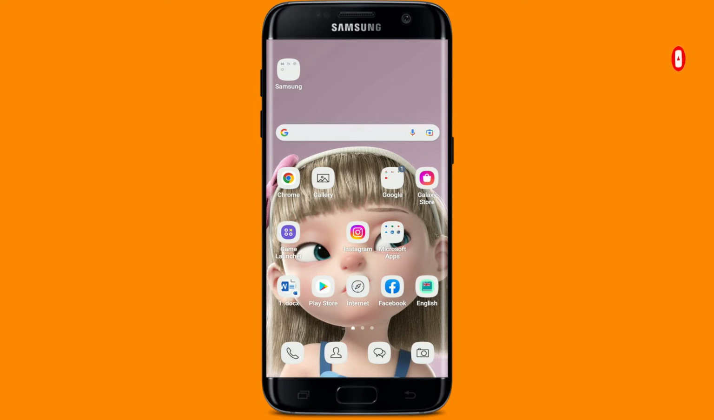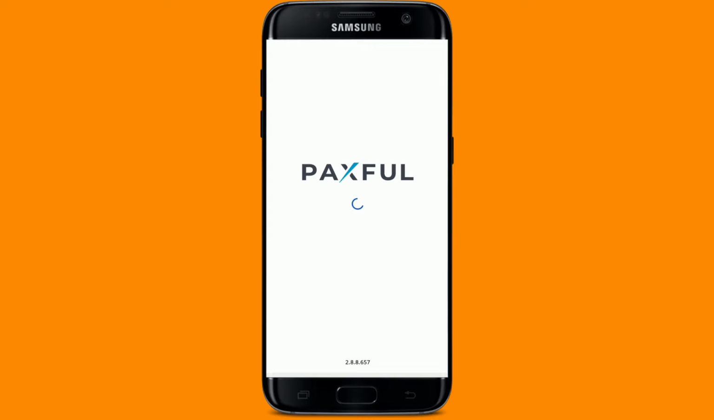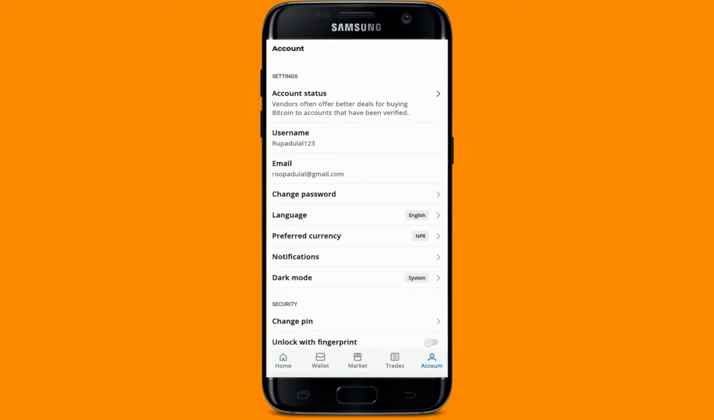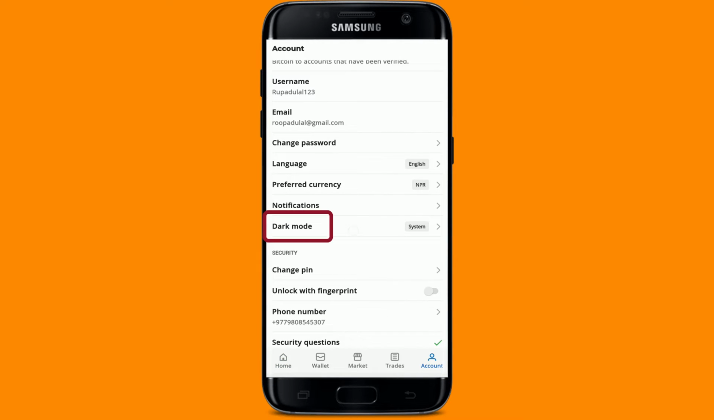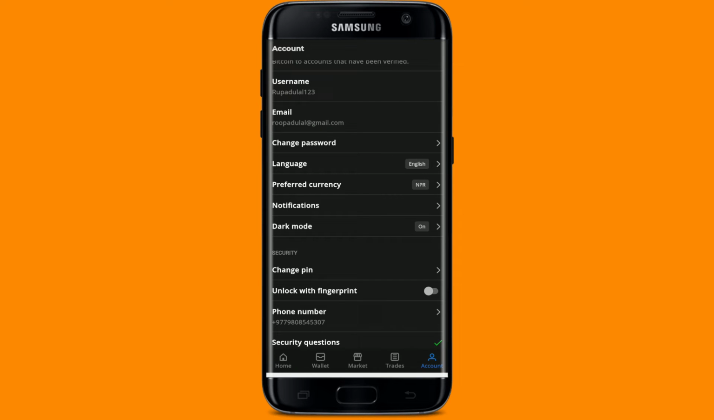Start off by tapping and opening your Paxful application from the app drawer and make sure that you're logged in. Soon after you're logged into your account, tap on the Account tab at the bottom right hand corner. From the Accounts tab, scroll down until you see the dark mode option. Give it a tap and tap on the On button in order to turn on your dark mode on Paxful